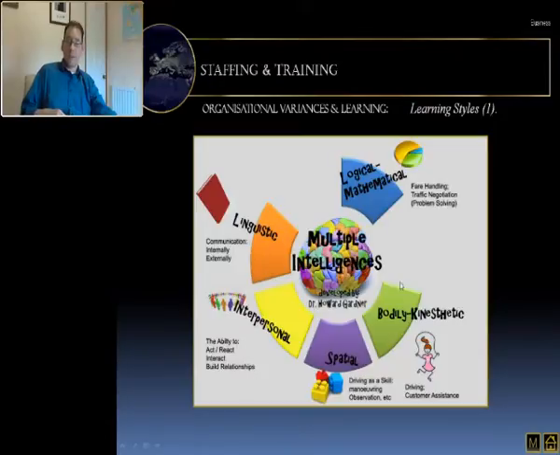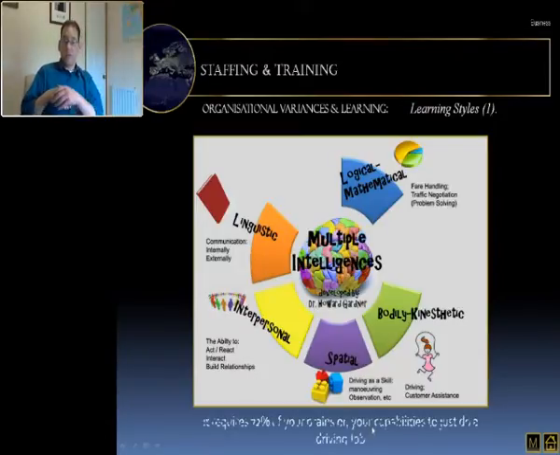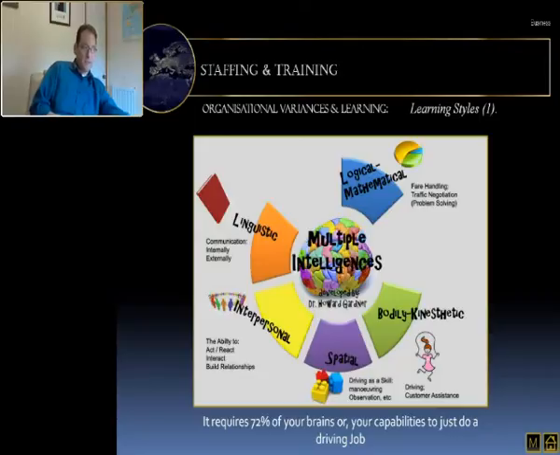So by the time we're finished, it requires 72% of your brain, or your capabilities, just to do a driving job. As simple as it may seem, it uses a fair old amount. And it requires a lot from you. There you go. So from that,